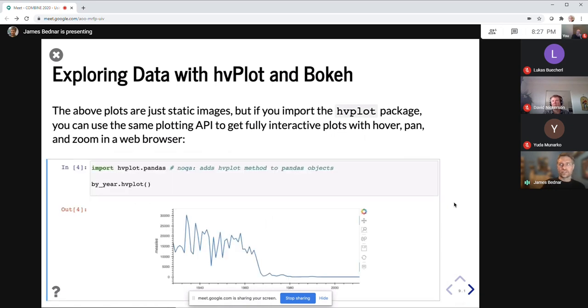Okay, so now we'll start using some HoloViz tools to look at that same data. All we have to do is import hvplot. In this case, hvplot.pandas is our interface to pandas. If you wanted to use Xarray, it'd be hvplot.xarray. If you want to use Dask, it'd be hvplot.dask, and so on. There are lots of things that hvplot supports. We'll focus on pandas. If you do that same plot, you get a similar display, but now it's an interactive